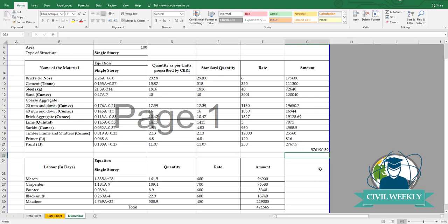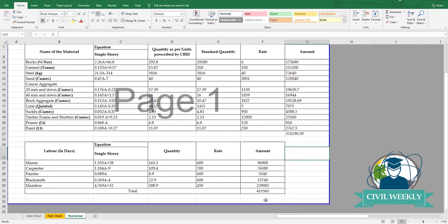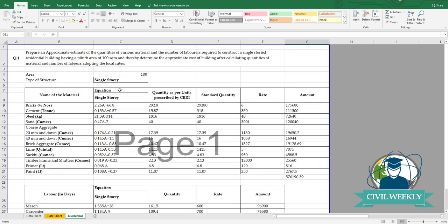Okay, so 5,76,190 rupees will be required for material, and 4,21,565 rupees will be required for labor for construction of a single story structure having a plinth area of 100 meter